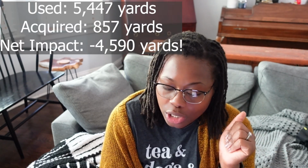Let's do a quick tally of the no-buy updates. Let's go through the stats. So I finished one project this month, and the yardage I'm adding here is an estimate based on 400 yards per 100 grams of sock yarn. That's kind of what I'm basing this on. So I weighed the pair of socks I finished, and I used about 80 grams in total, which approximately amounts to 320 yards used in May,